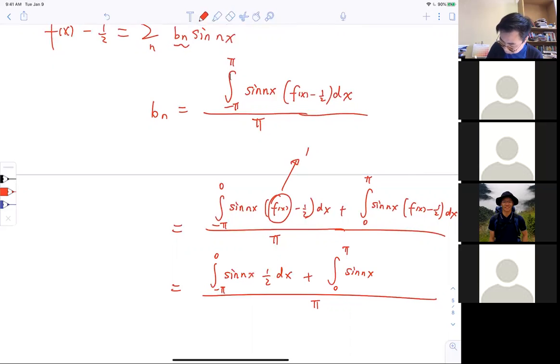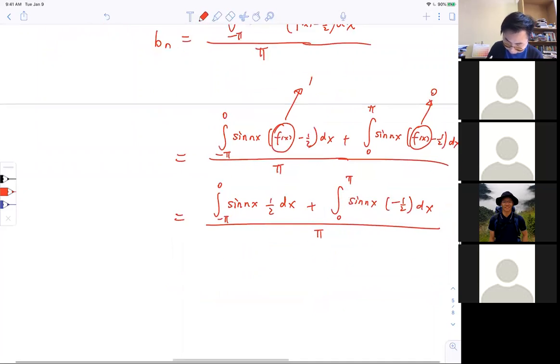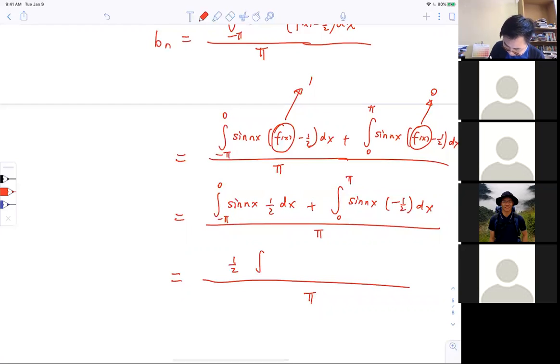From 0 to pi, this guy is 0, with minus 1/2 dx. This integral is relatively easy. So it's something like this: sine nx dx minus 1/2 from 0 to pi sine nx dx,